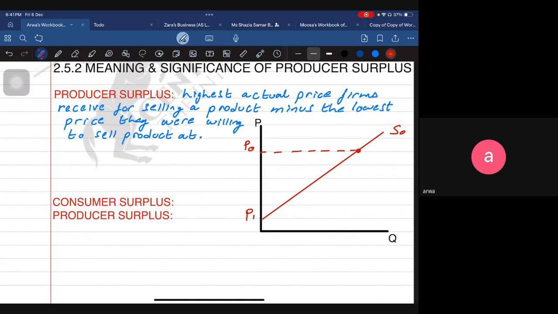This point is showing the market price at which they are selling, the actual price, and the lowest price that they are happy to sell at. So anywhere above the lowest price, it is fine for them, right? So this area,